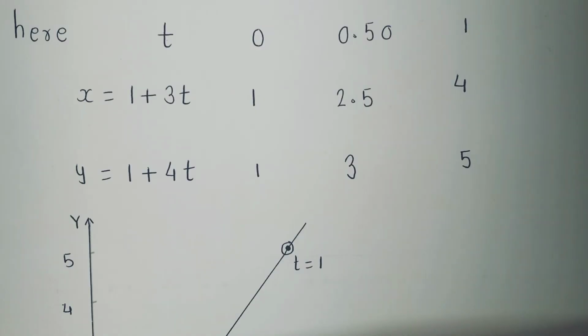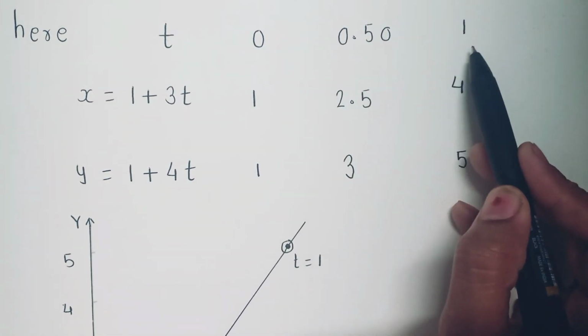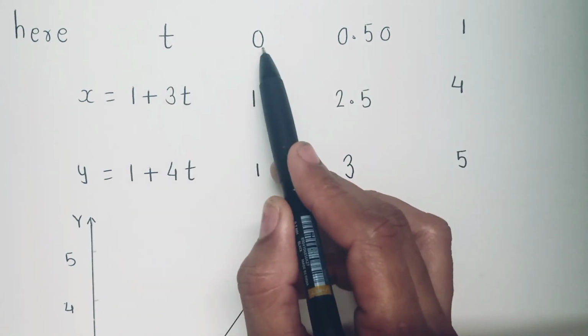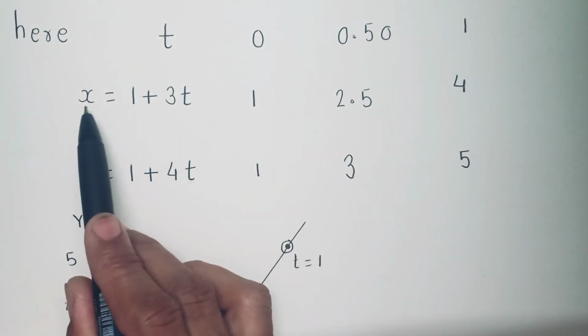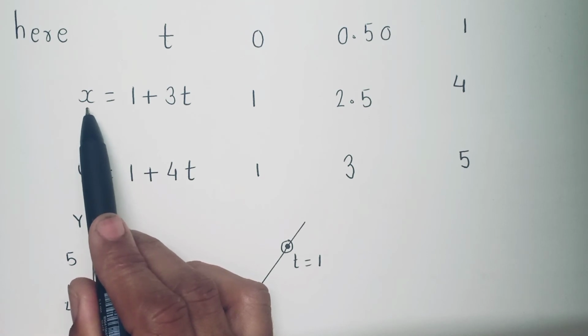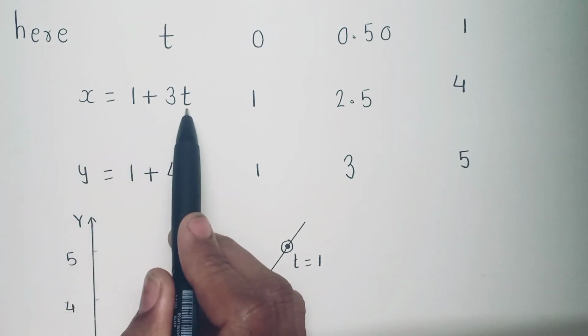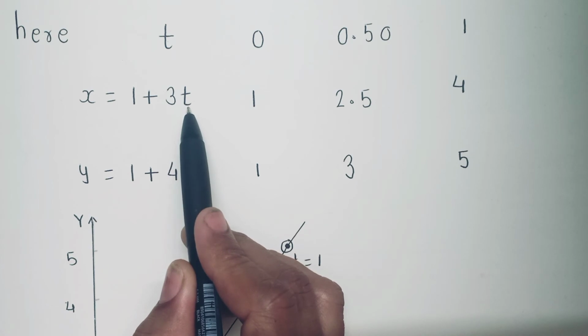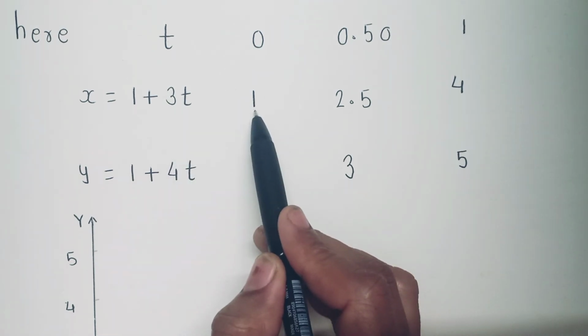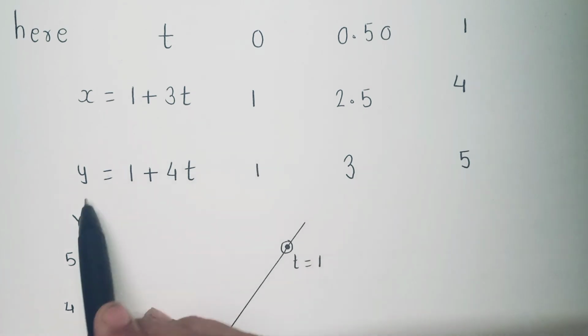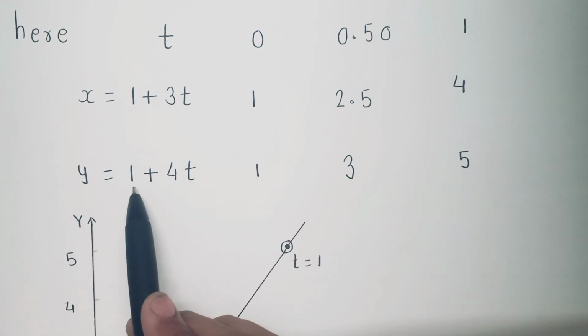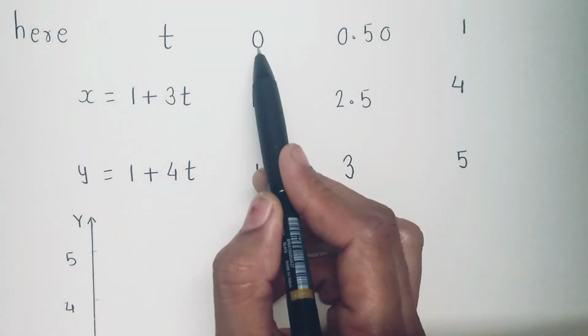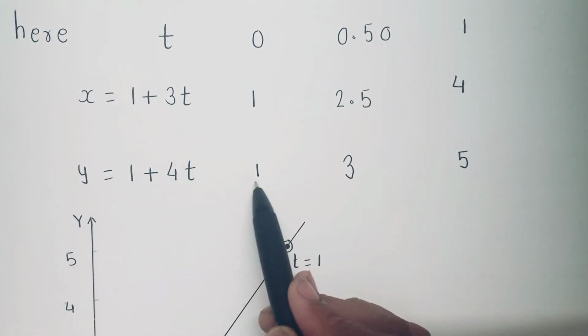Now here I have selected the spacing 0.50, or 0.5, for the points 0 and 1. Now if t is equal to 0, then what is the value of x? So first write down the equation for the x parameter. X is equal to 1 plus 3t. Now put the value of t as 0 here. So we get the value of x is equal to 1. Similarly, find out the answer for the y parameter. The formula for the y parameter is 1 plus 4t. After substituting t is equal to 0, y is equal to 1.